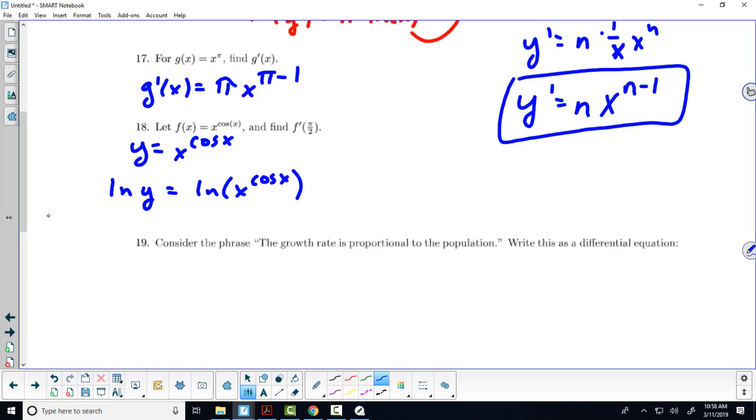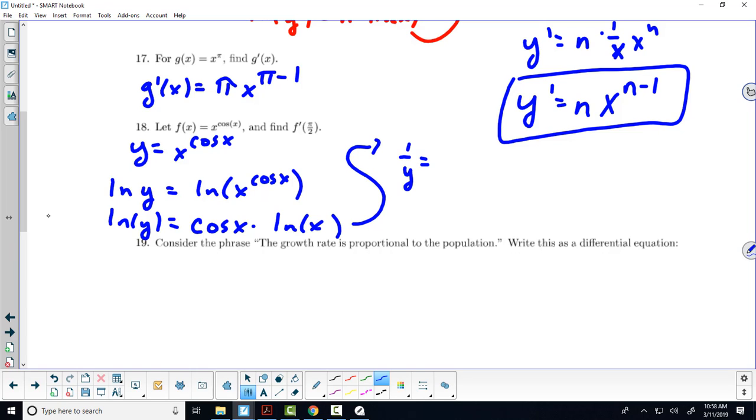So we take the natural log of both sides, because in the next step, what am I able to do? Bring it forward. Bring what forward? The cosine term. Bingo. So we get to bring the cosine of x forward. So now I've got two separate factors that are being multiplied together. I no longer have a variable base to a variable exponent. Okay? All right. The derivative of this then is 1 over y times y prime equals the first times the derivative of the